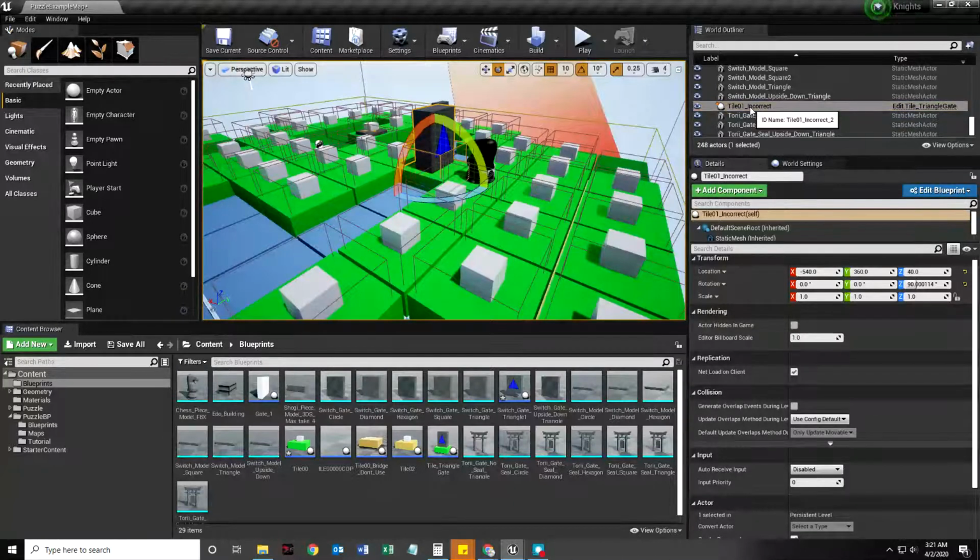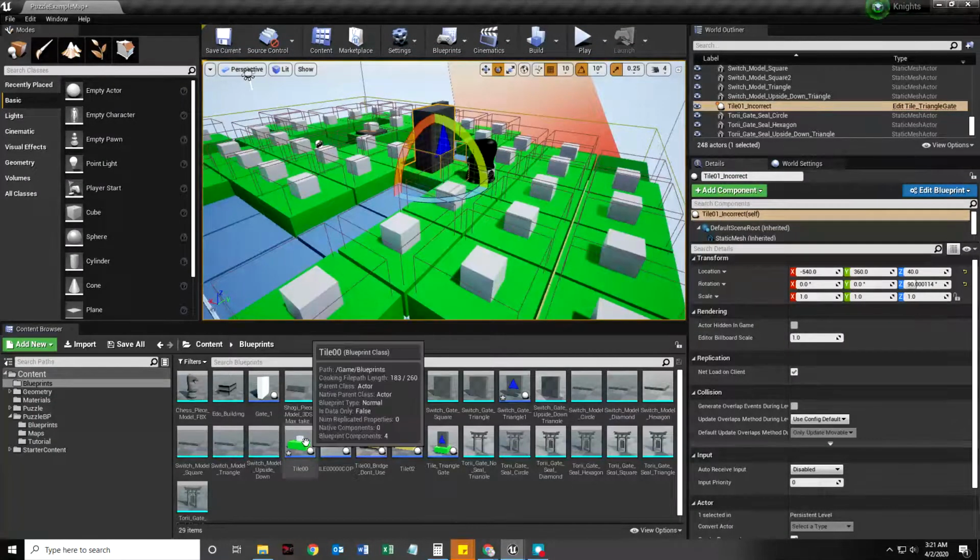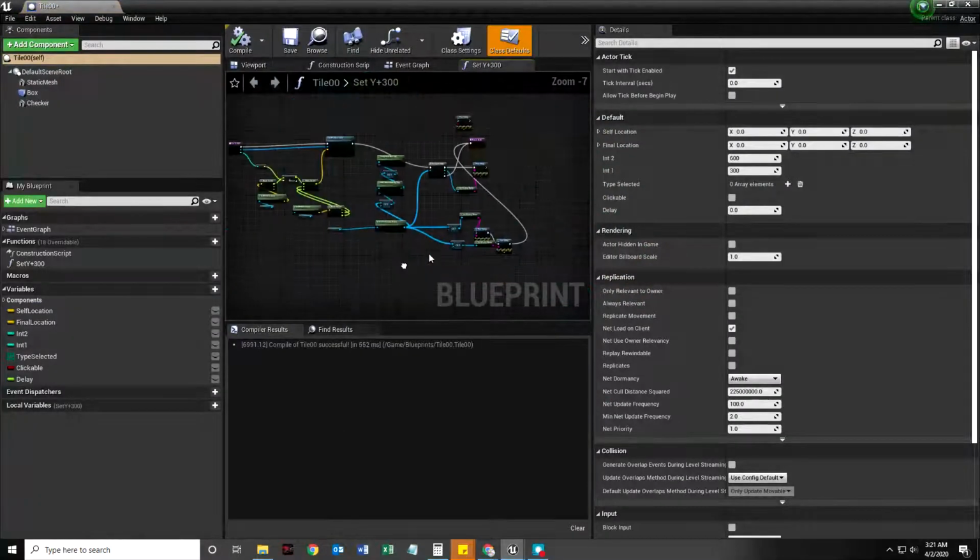So, like a lot of game design, I read this in blogs all the time. Stuff messes up, stuff is weird, stuff doesn't work right, and a lot of it is just making it work. So I would love to figure out why when I took your original triangle gate, it wasn't generating an overlap event, but I can't figure it out. And it was taking a lot of time. So why am I telling you all this? Because I want to point out, I went back into,